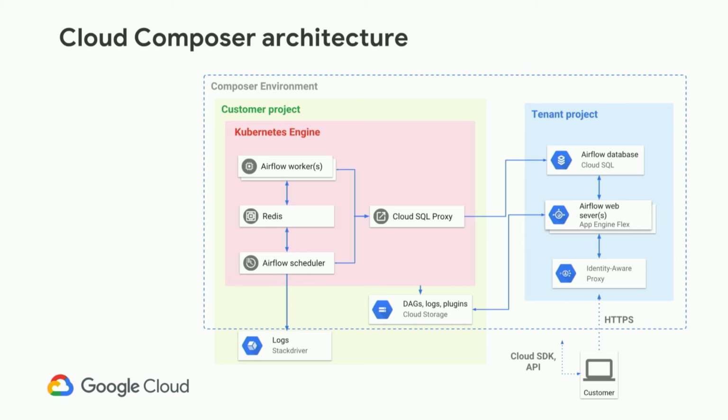set it up in a way that reflects the popular Airflow plus Celery executor config. Given the microservice nature of the framework of Airflow, our implementation also reflects that structure. For example, there will be an Airflow scheduler service, there's an Airflow worker, and there's also an Airflow web server. The Airflow scheduler and Airflow worker, we host both inside a Kubernetes engine in the customer project. And then for the Airflow web server, as I mentioned, we host that web server in the tenant project so we